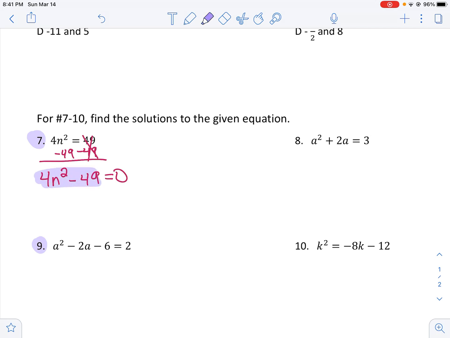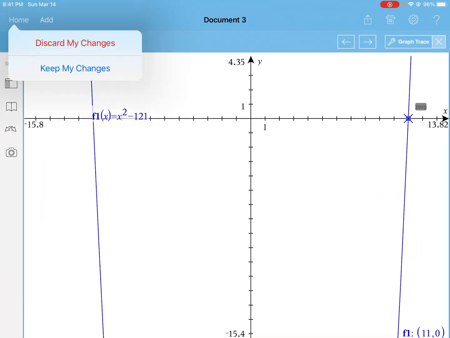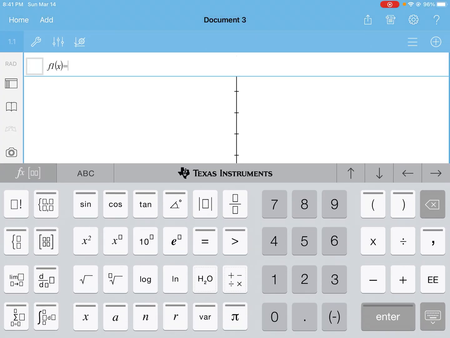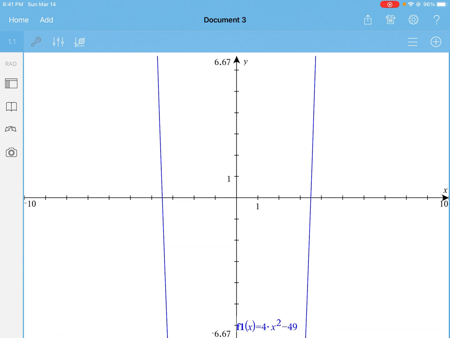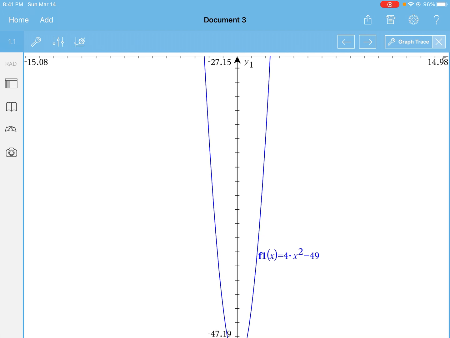Again, I just want to type in the stuff before the equal sign, so 4n squared minus 49. Remember, I'm going to change the n's to x's, so 4x squared minus 49, and then I'm just going to find the zeros. Okay, so new graph. We have 4x squared minus 49. I graph it. Okay, I have 2 zeros, so menu, trace, graph trace. So when I do that,